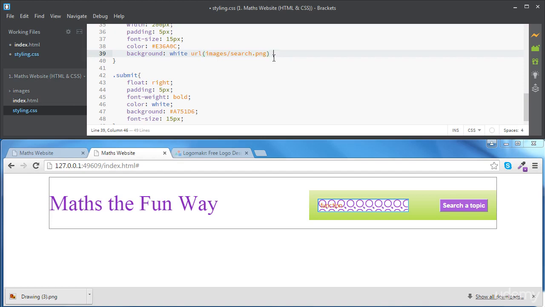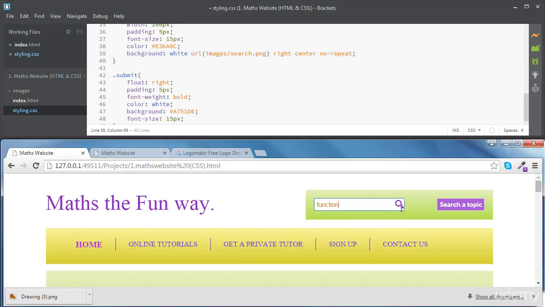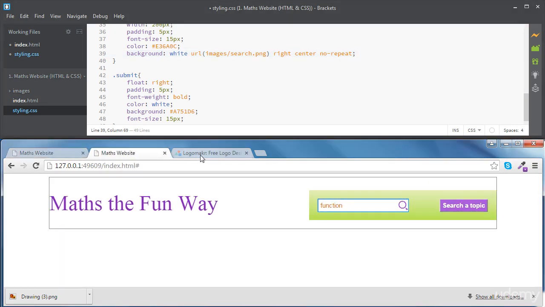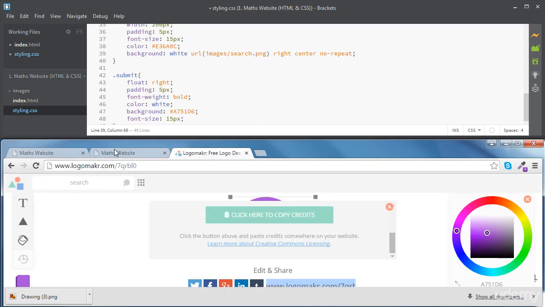So we want our picture to be placed horizontally on the right, okay, and vertically we want it to be centered. And then to avoid seeing many pictures there, we're going to use the property no repeat. And now we can see our search icon in there. It's not as bold as this one, but if you want, you can choose another logo from the Logo Maker